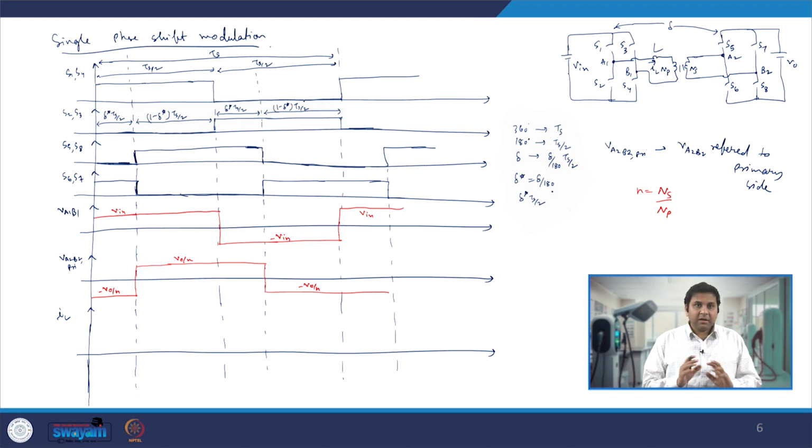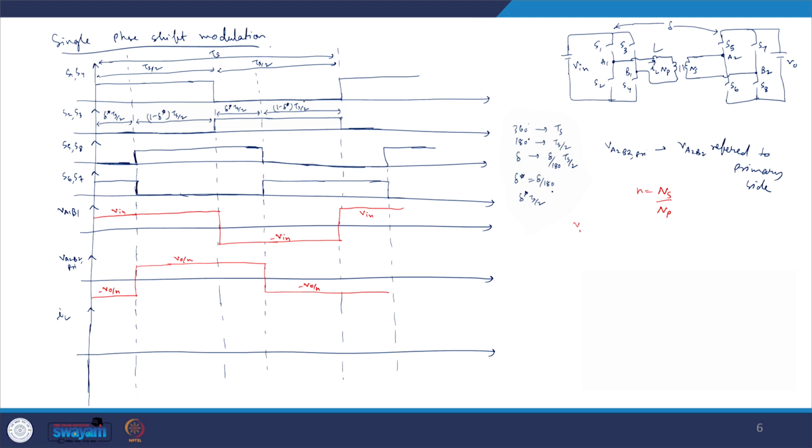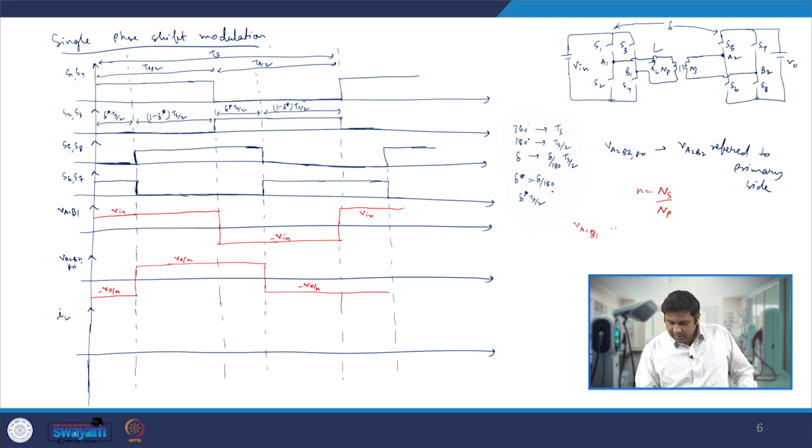Now if you recall our phase shift full bridge configuration, there we go directly from V in to minus V in, because we are turning off our diagonal switches S1 and S4 at the same time. If we could have introduced a phase shift between the turning off of S1 and S4, then we could have introduced the 0 state as well, and that's when our VA1B1, instead of going from V in to minus V in, will look something like it goes from V in, then to 0, then minus V in, and then to 0.